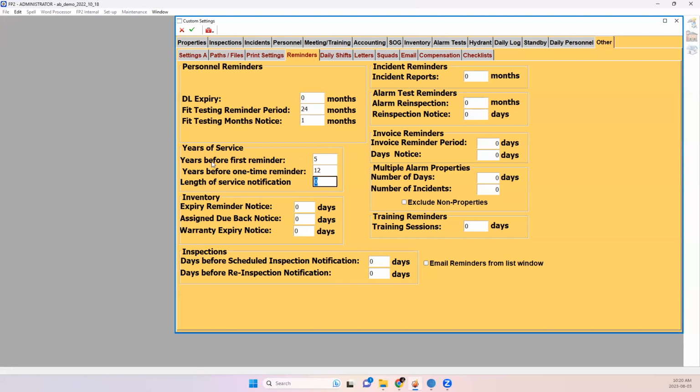But with things like length of service, you want to be getting that notification a fair bit in advance because it takes some time to order awards and prizes. So for example, I could put a 6-month length of service notification in here to give myself some advance time on the reminder. If you're worried about what the reminder periods are, just hover your mouse over the field and